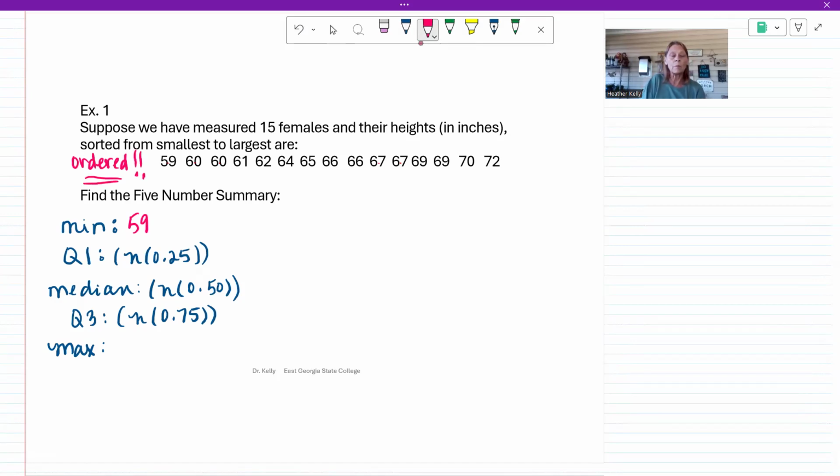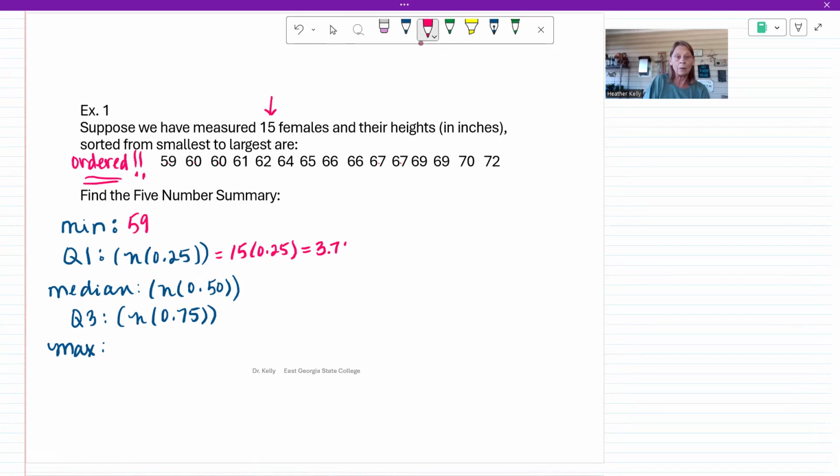Okay. Now, when we go to find our Q1, how many are in the list? I usually write it in the question for you on quizzes and exams, so you're not counting them, but be sure to read the question and double check me. But definitely look there. So 15. So we'll say 15 times 0.25, and that gives us